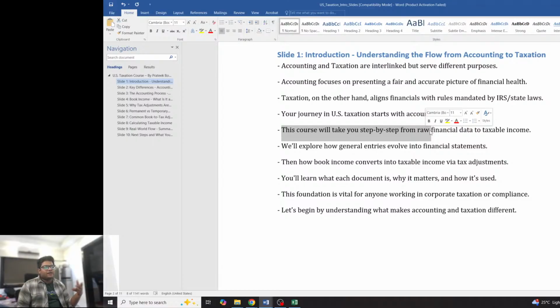We code it, we classify it into P&L and balance sheet. Accordingly, we calculate your book income, and then we have your respective adjustments. But that's something we will discuss at a later point.